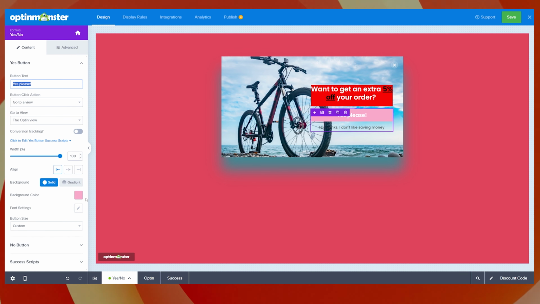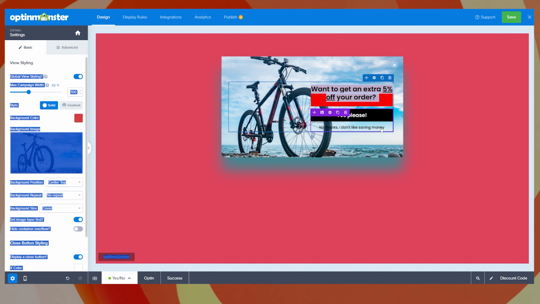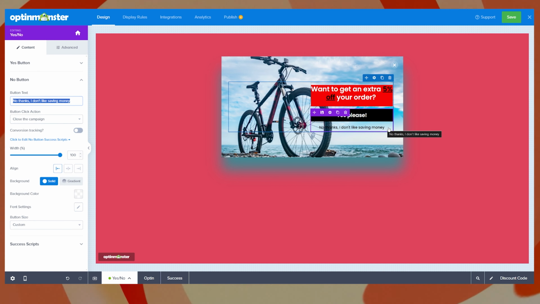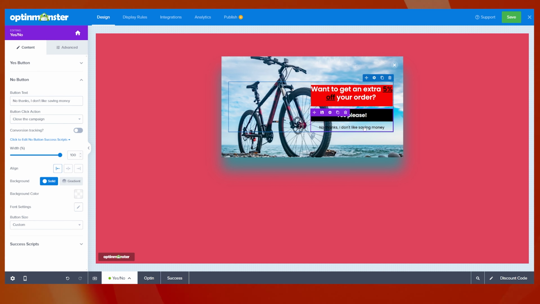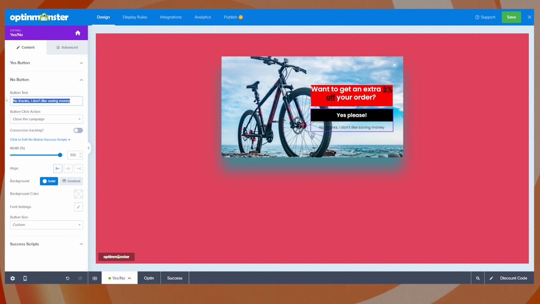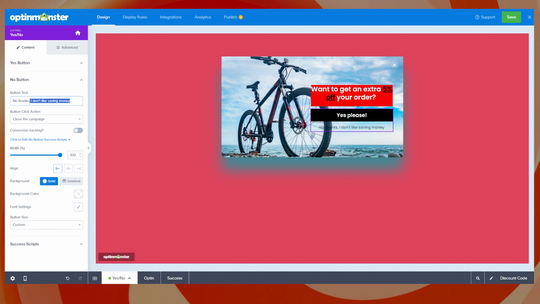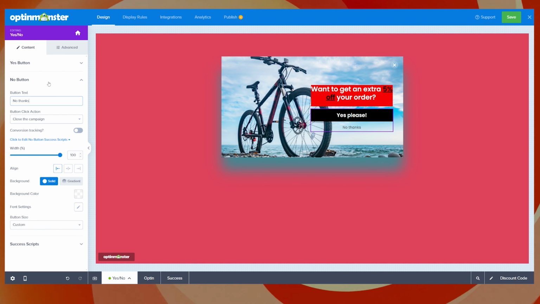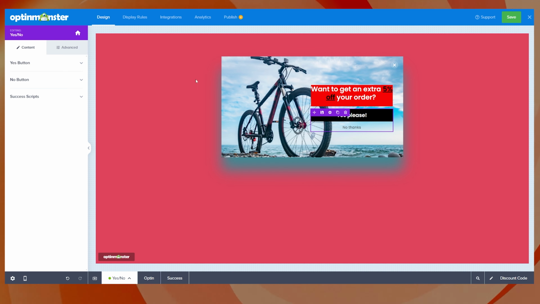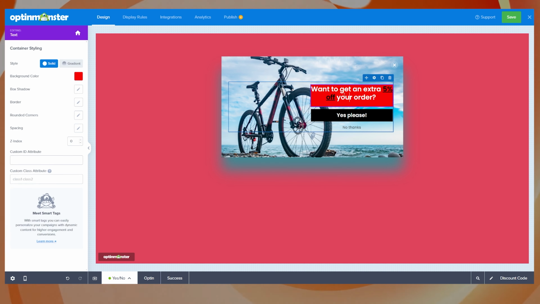Same down here. We can select this one. I might want this one to be black. And same down the bottom here. I might just want to remove that or change it to something completely different. So I can start to change the button text over this side. So let's just say, if I just want to change that to no thanks. There we go. So now this is obviously a lot bolder, and you can just start to change this up